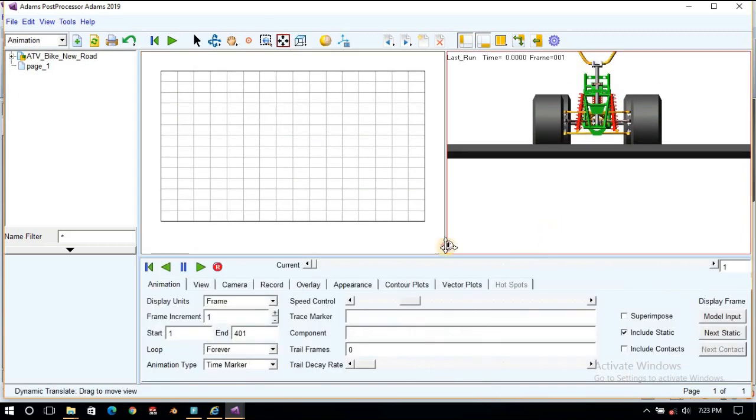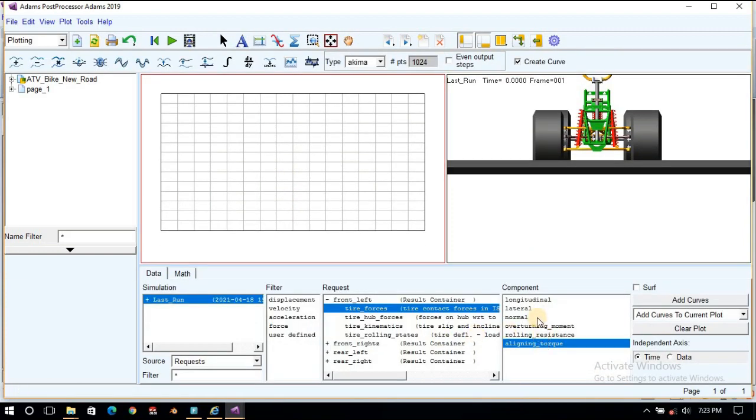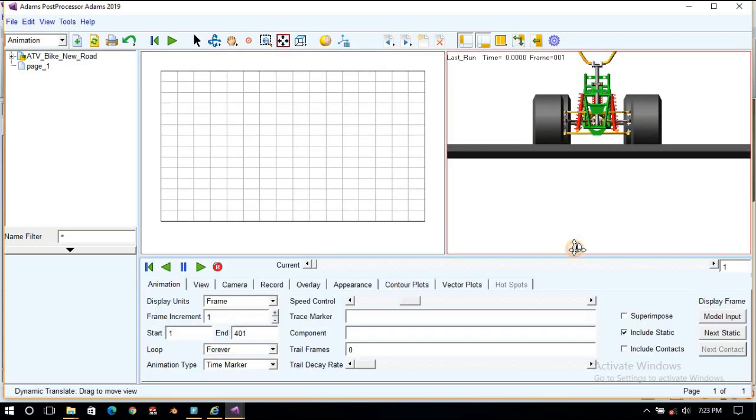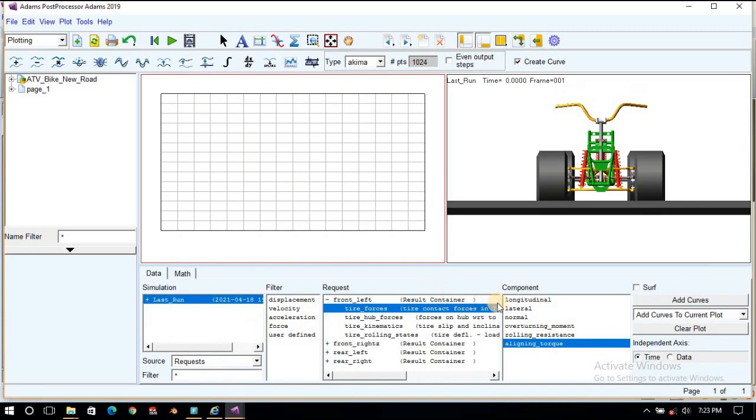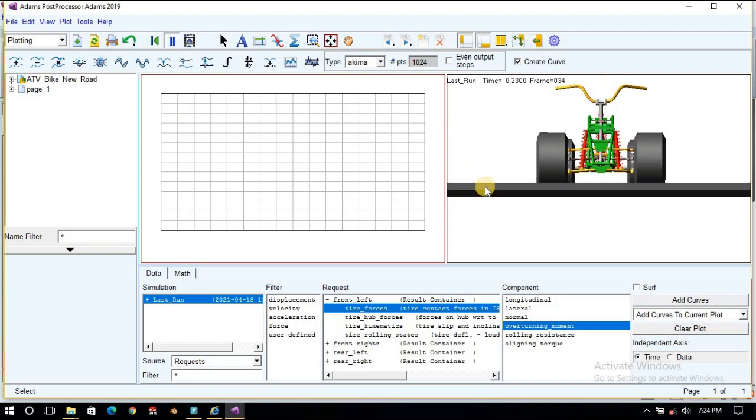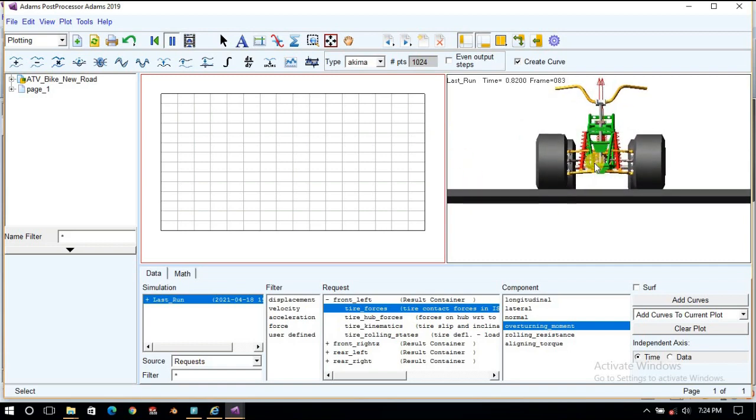If you study the lateral tire force model or Fiala model, you can find the definitions of these entities, the different tire forces. Longitudinal force is in the longitudinal direction, lateral force in the lateral direction, normal force is in the vertical direction, overturning moment means the resistance against overturning.